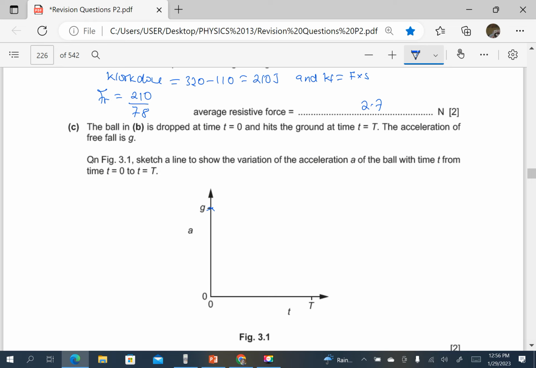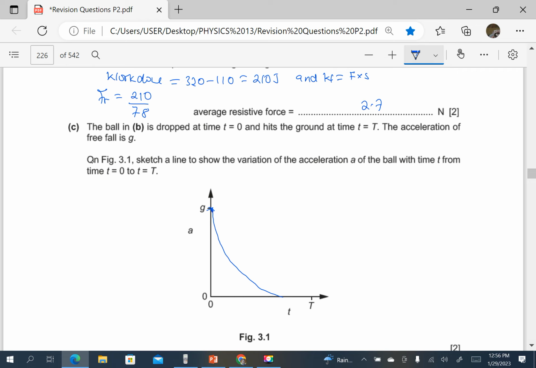The speed is increasing until it hits the ground at time t equals T, but the ball reaches terminal velocity before hitting the ground. That means our graph is going to touch the x-axis before we reach capital T. So the acceleration is decreasing, but the decrease reduces as the resultant force becomes smaller. So this is going to be a curve which has a decreasing gradient, but touches the x-axis before